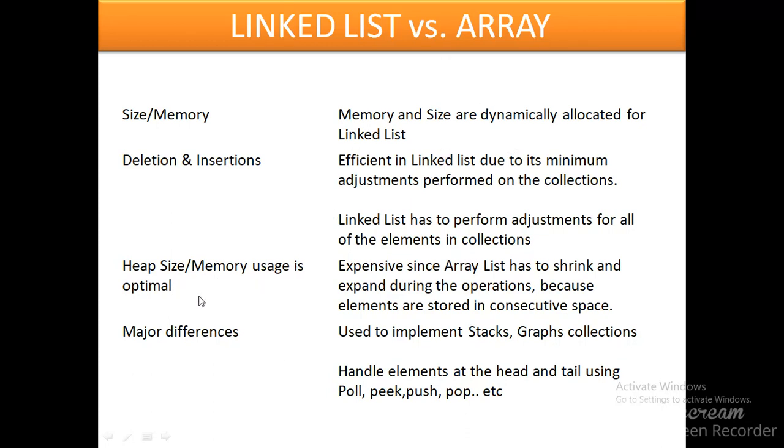The memory usage is also optimal for a linked list. As we discussed previously, the same logic applies. If you have to initialize for 1000 elements, consecutive memory blocks for 1000 elements should be allocated, so there are huge IO operations. Also, a linked list is used to implement stacks and graph collections, which have huge weightage in the collection classes. They are heavily used in recent architectures. So you have to understand linked lists so that you can implement stacks and graphs. All right. So the methods